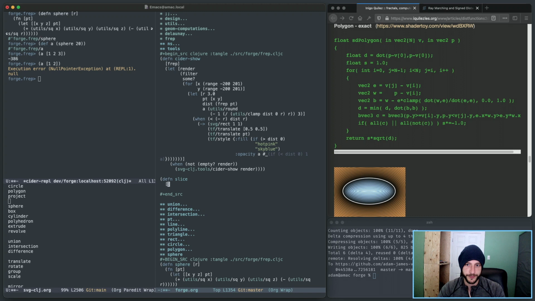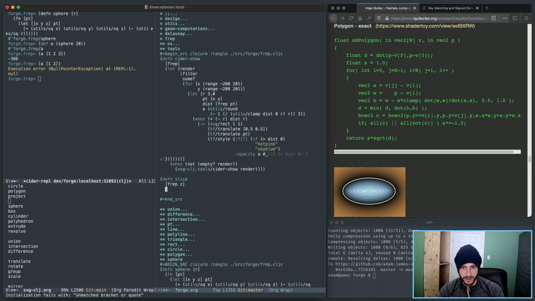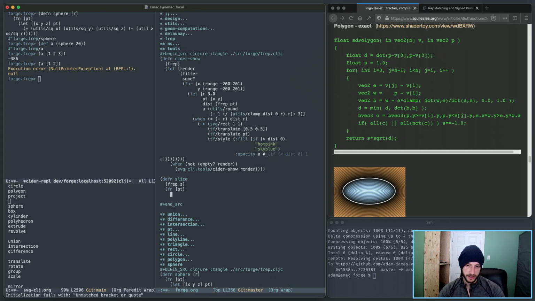How do I want to do it? Yeah, the frep and then the z value to slice along. So it's just going to assume that you're going to get an xy plane at z height. That's the whole thing. And all it's going to do is return a function that takes a 2D point and returns the result of